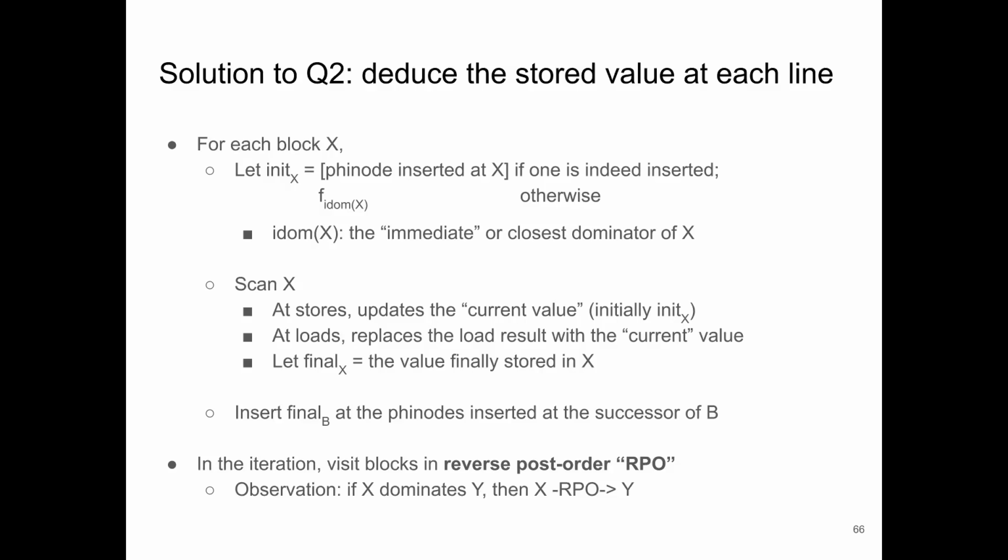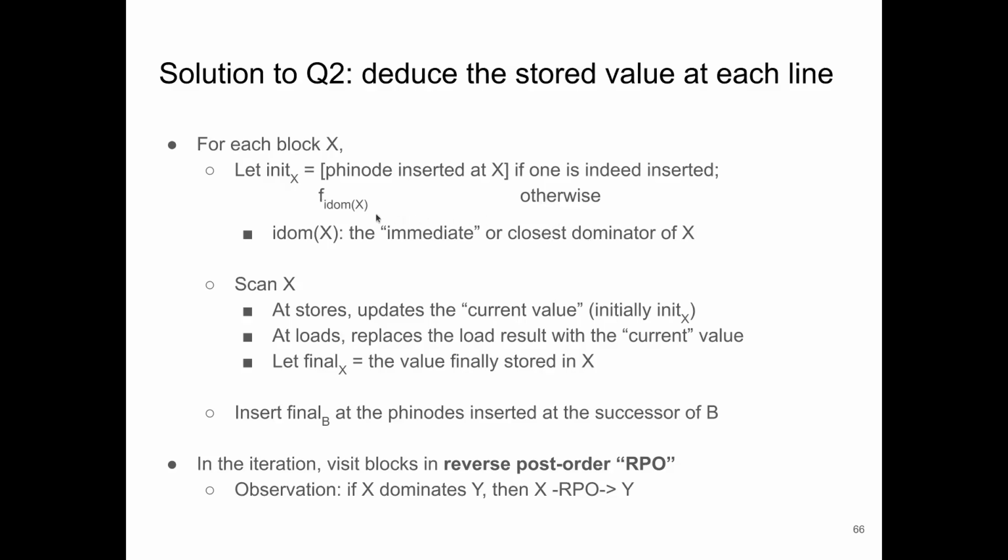So here is a little bit more algorithmic representation of what I just described. So we are iterating through all blocks here. And we first calculate the initial value for x. And if a phi node is inserted at x, then we are going to use the phi node. Init x is, for example, phi D for the block D. Otherwise, we are going to use the final value of the